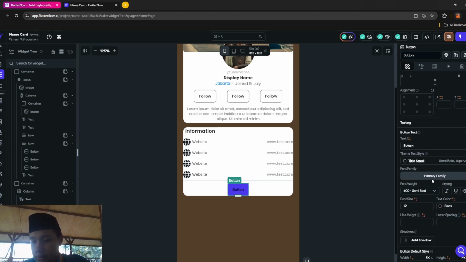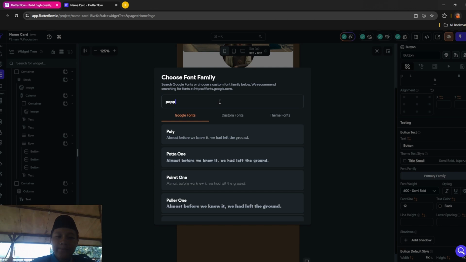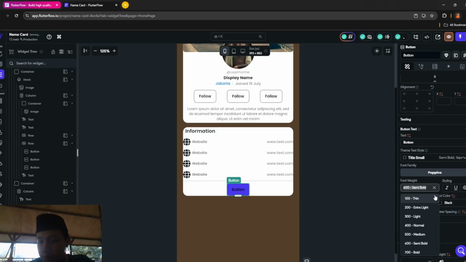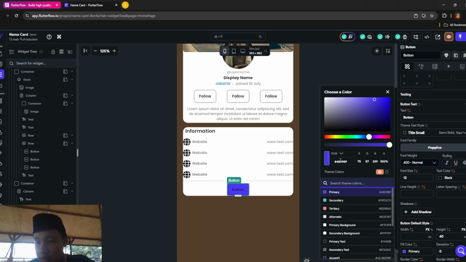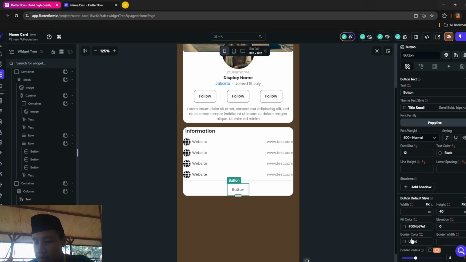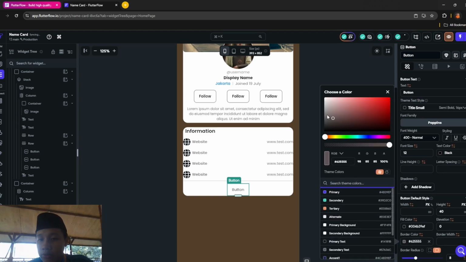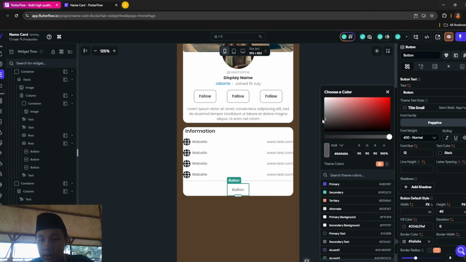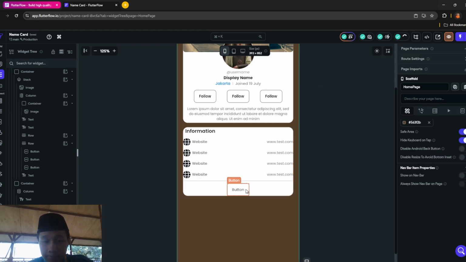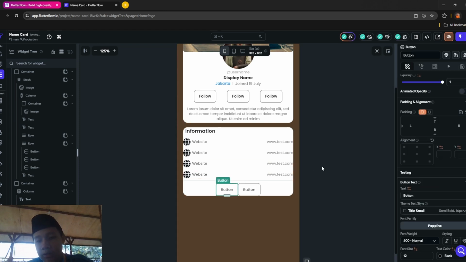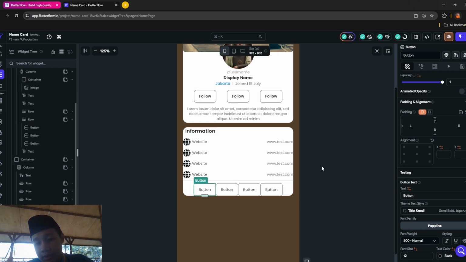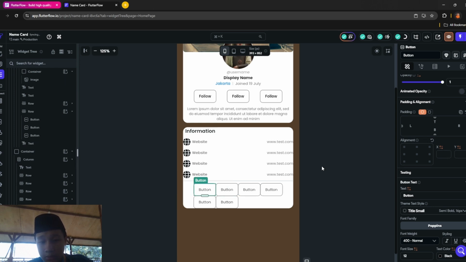After that, font family Poppins, normal font weight, and fill color is transparent, and then border color to black, kind of black like this, gray. After that you want to duplicate it 6 times, 2, 3, 4, 5, 6 like this.